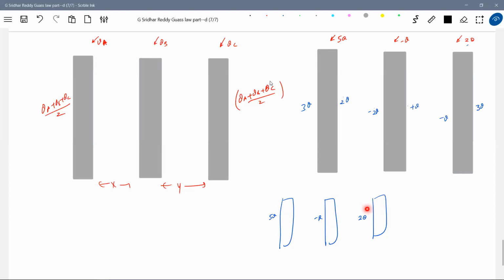Sir, if Gauss law is violated, what will happen? Gauss law is again a fundamental law. The law of conservation of energy will get violated. And the law of electrostatics, again based on energy, will also get violated. All the laws, you are just killing them if you put charges here.